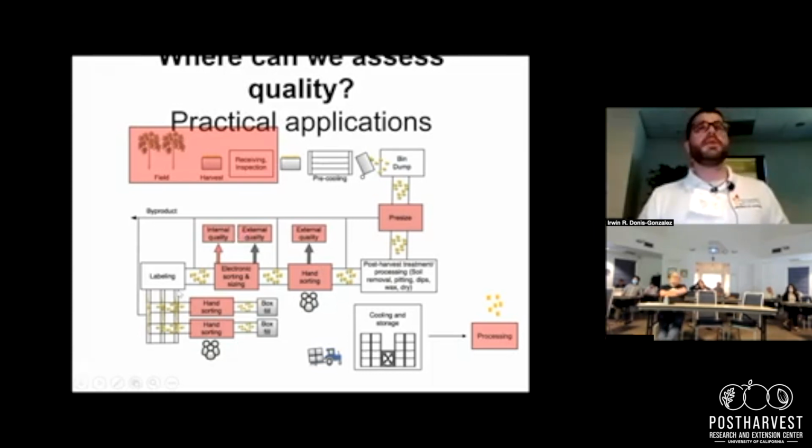And still to this day, regardless of electronic alternatives to measure color, we always have redundancy, and there's always somebody on the line double checking that everything is going okay. Hopefully, our expectation is that as we strengthen these techniques, as we make them more readily available, less expensive, and more robust, the industry can start applying them for different applications. And of course, it could be applied to processing product too. It doesn't necessarily need to be for the fresh produce industry. So there are different